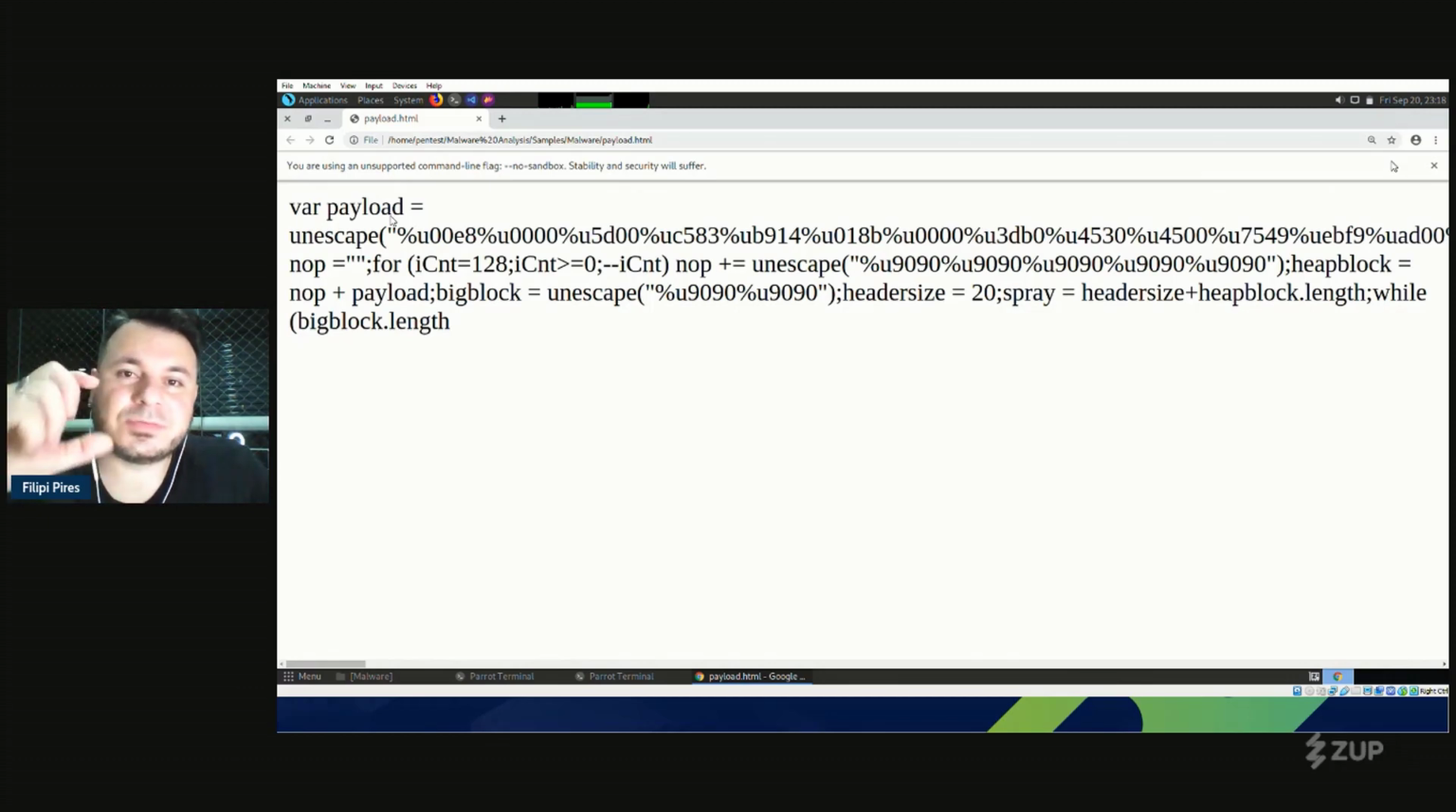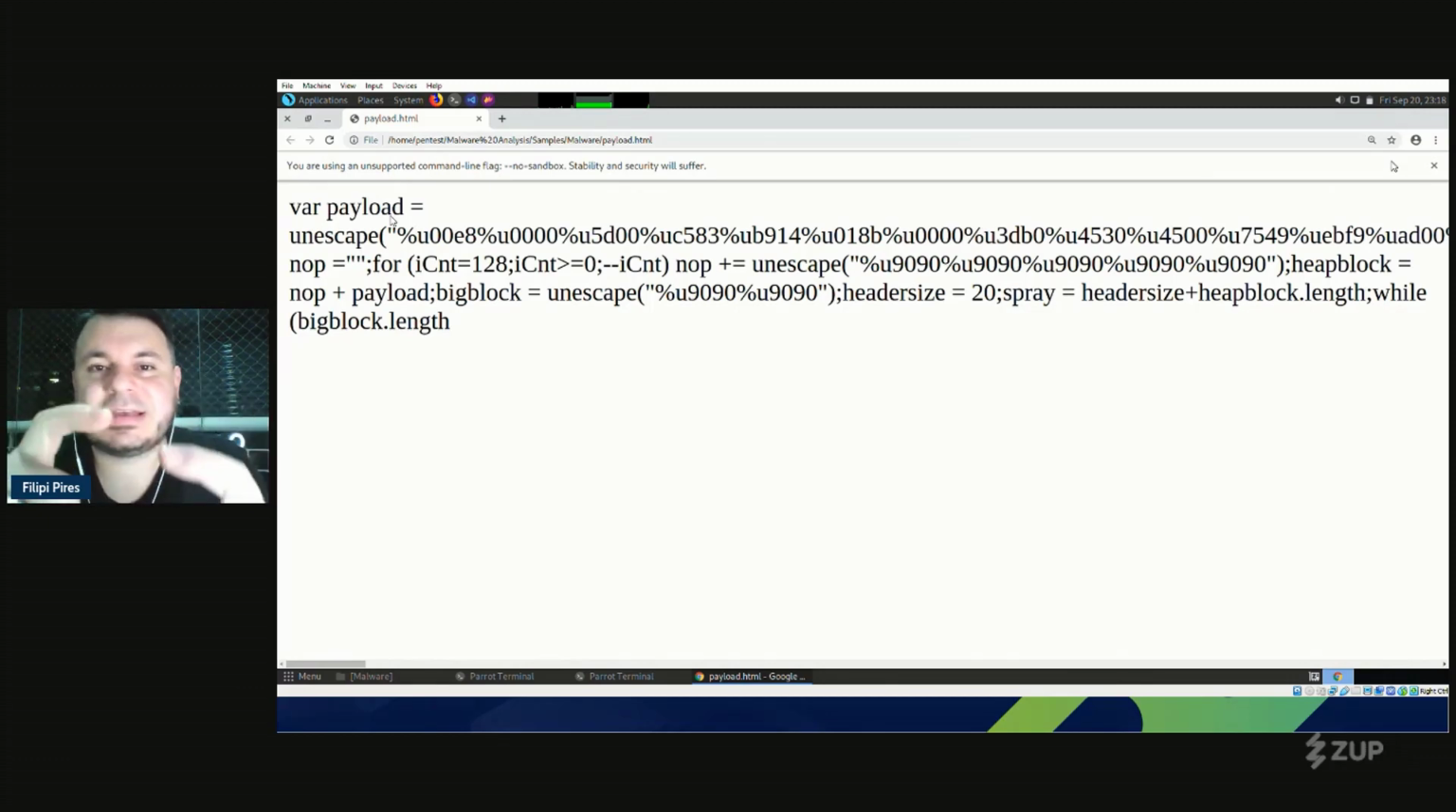So first of all, we have a PDF file. Inside the PDF file, we have an open action. This open action, after that, will execute the JavaScript. This JavaScript was what? Obfuscated. Inside the JavaScript there is a payload. The payload is responsible to